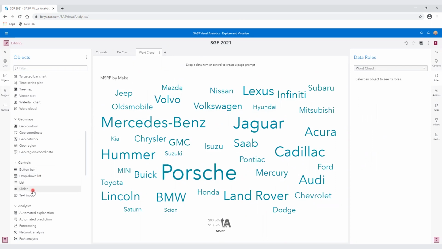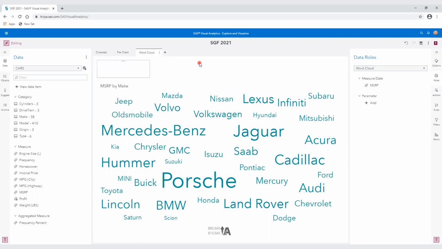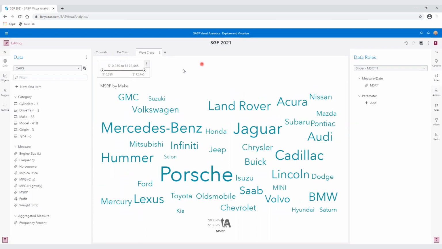See, I could just drag the slider up there, but I'm going to approach it differently. I'm going to go to my data, and I'm going to find MSRP. And here it is. I'm going to drag that in, and that's going to be an auto control. And I think it will be a slider because it's numeric. And yes, it is a slider.